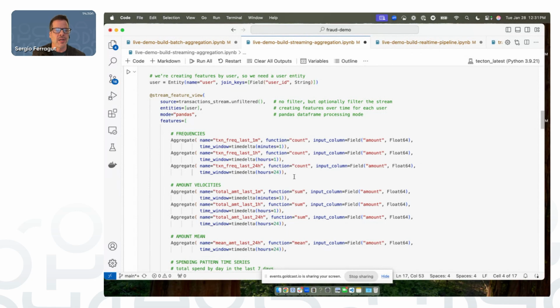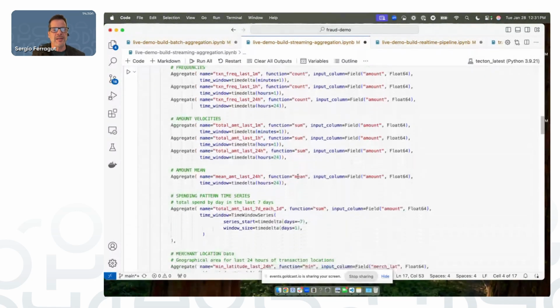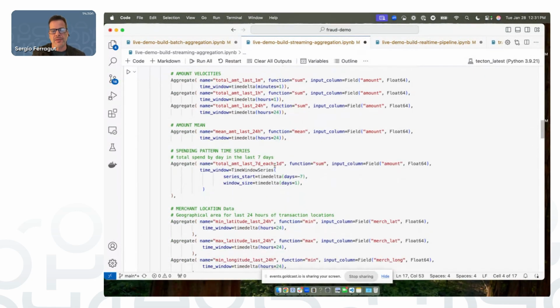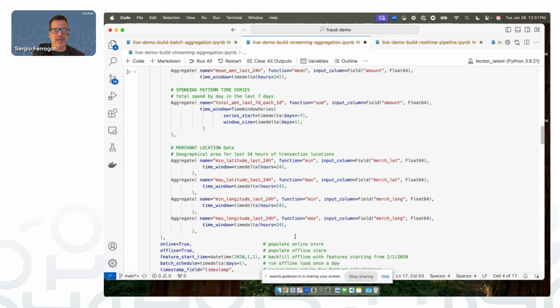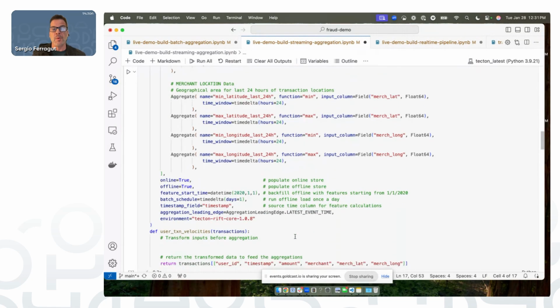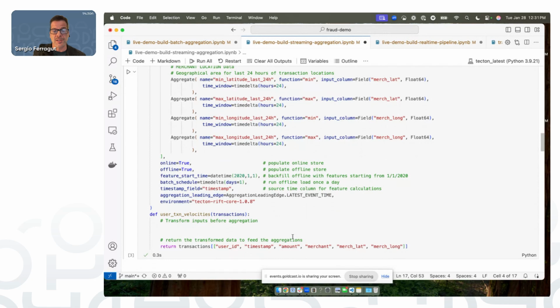It's minutes, hours, or 24 hours, or maybe even the last few minutes, or last few hours to detect those transaction patterns that are indicative of fraud. And things like the locations and the span of locations over the last few transactions over the most recent activity. And again, you don't have to do anything else. That's it. So Tecton manages the online offline stores, manages the backfill even from a stream, and manages keeping those